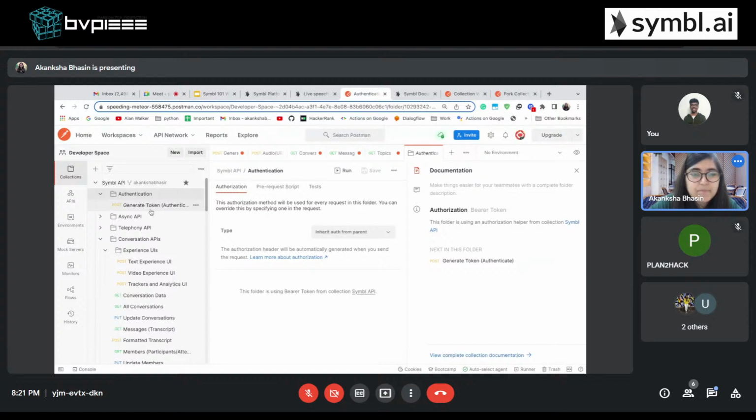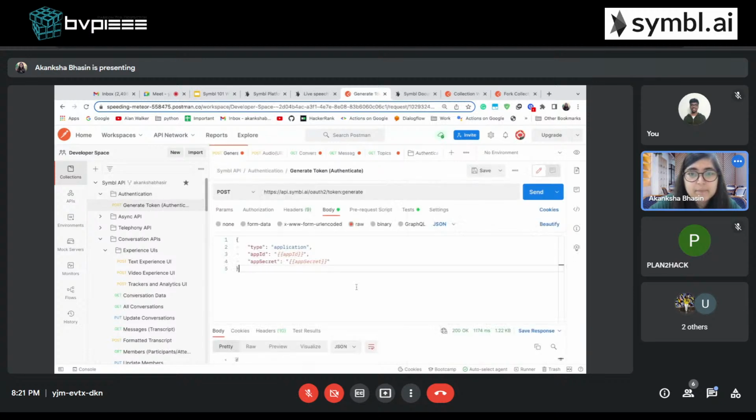Close this. Click on generate token. You can paste your app ID and app secret over here. Just remove these and paste your app ID and app secret from here. I've already created an environment variable, so I don't need to expose my app secret over here.